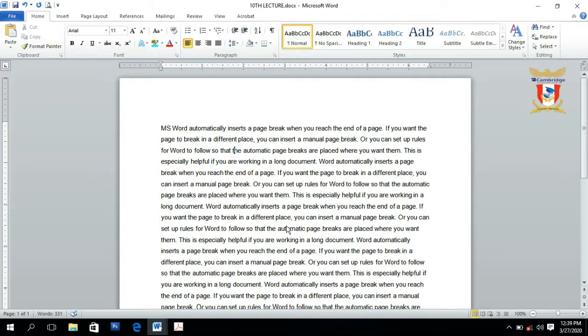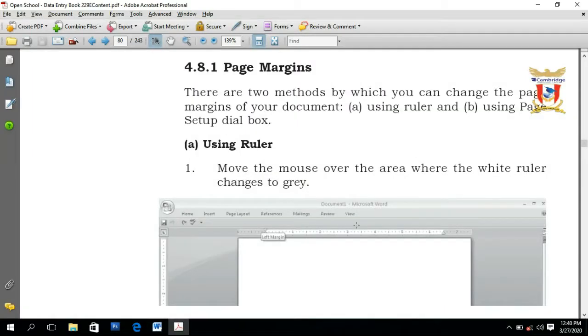So first we will discuss what is page margin. Page margin is basically a space between text and the edges of a document. For example, we are having left page margin, right page margin, top and bottom. So this space in between the text of a page and the edge of a page is known as a page margin. So we can set a page margin in two different ways, by using rulers and by using